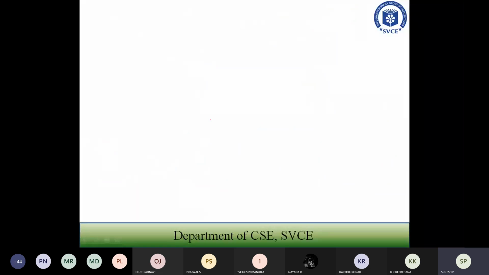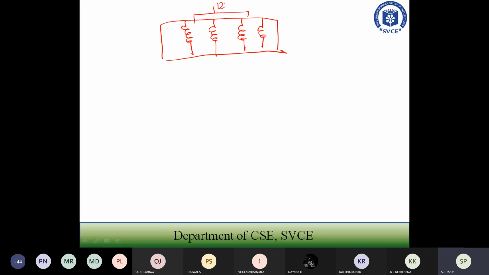Okay, so now when you see the block diagram of your motor, it is going to have coils, and these will be connected to 12 volts. All these are connected through the transistor.